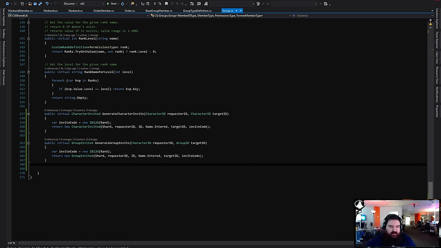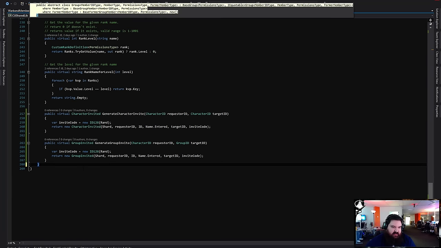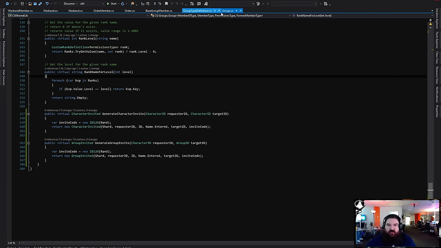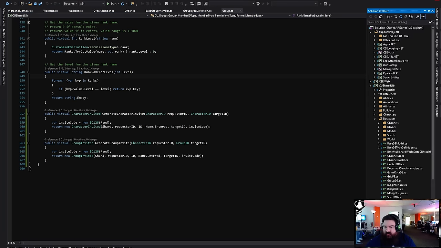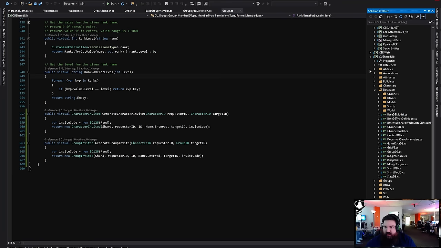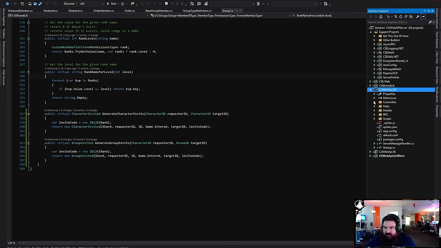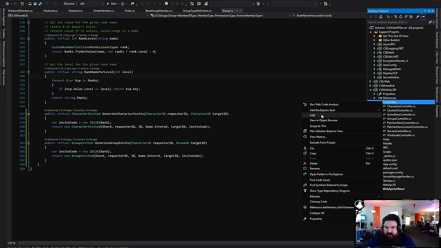We'll actually write some functions that start doing this stuff, which will be on our web API. Make a controller. We have the warbands controller. I'll make an order controller.